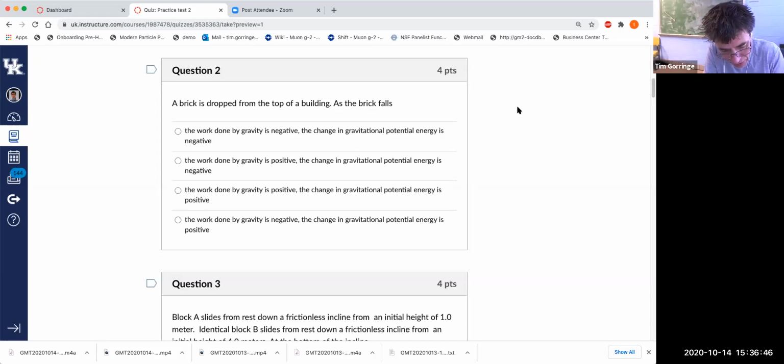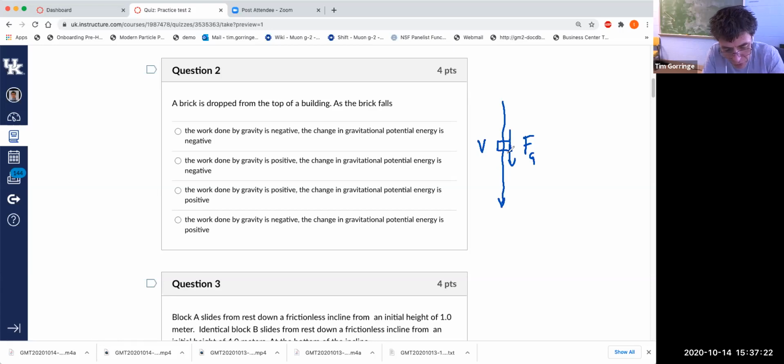So let's just start with a little sketch here too, it'll be a simple sketch. So here's my falling brick. And here's its direction of motion. And it's falling under the influence of a gravitational force. And so here's the gravitational force. And so the question asks, what is the work done by gravity, and what is the change in gravitational potential